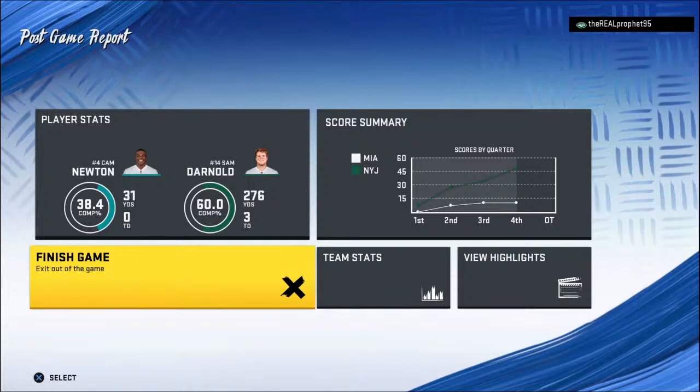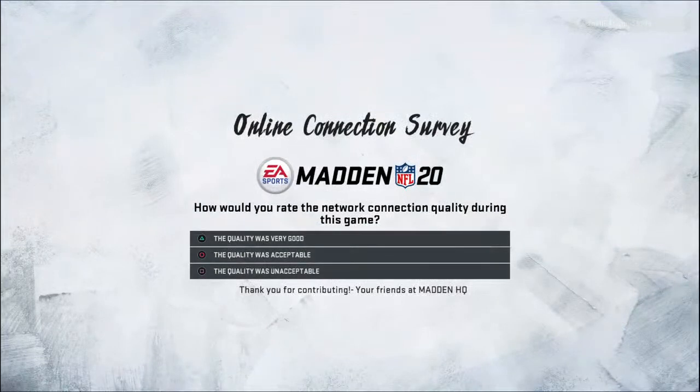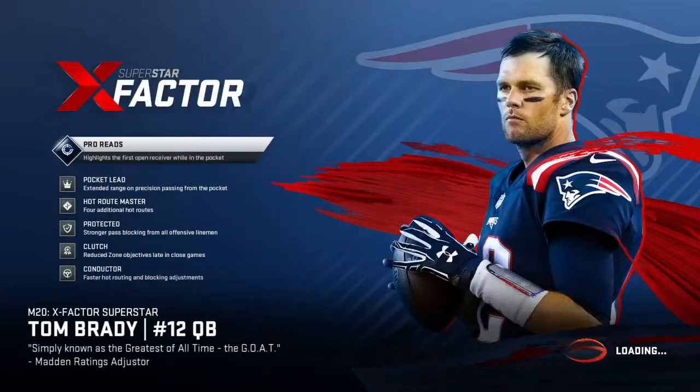So for the Jets, they use the favorable early schedule to their advantage as they move to 2-0. And they'll get another home date next week as the Patriots will come to town. Meanwhile,